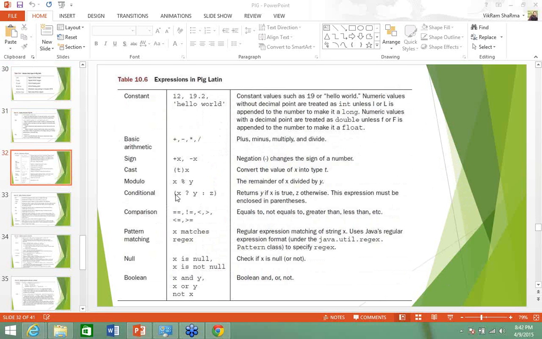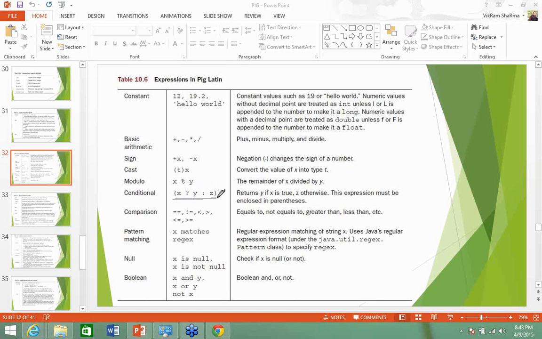This is the syntax on the screen. You may be able to see the syntax of the conditionals. Here you don't have to put braces. It's not compulsory. You can write simply x question mark y, then colon, then z.